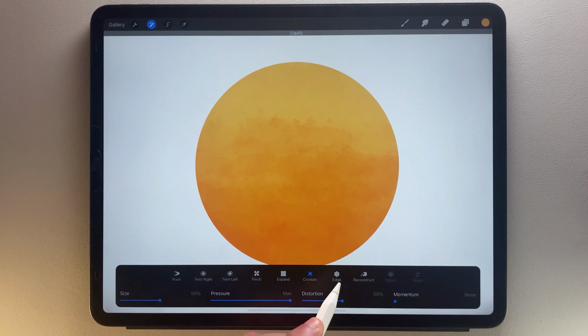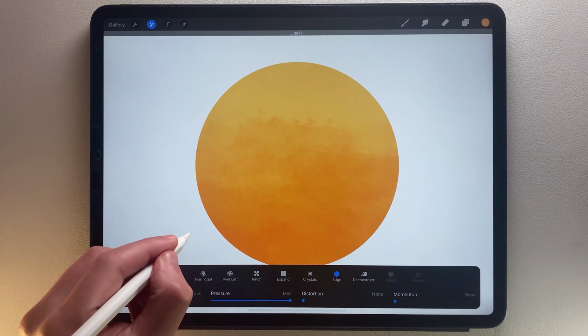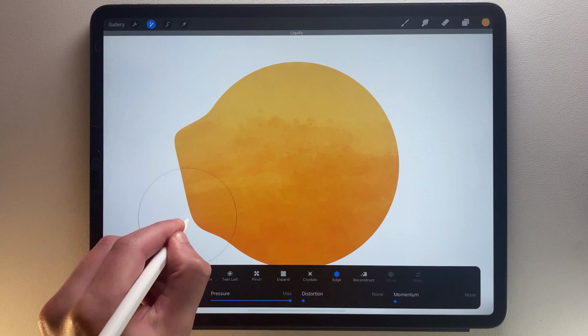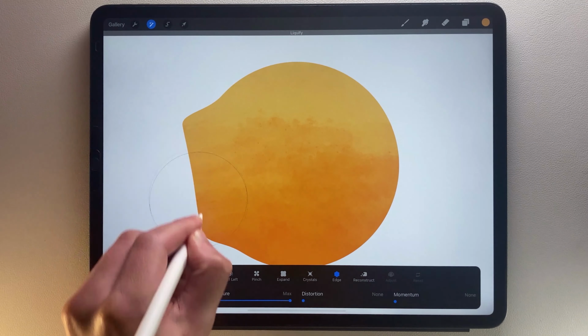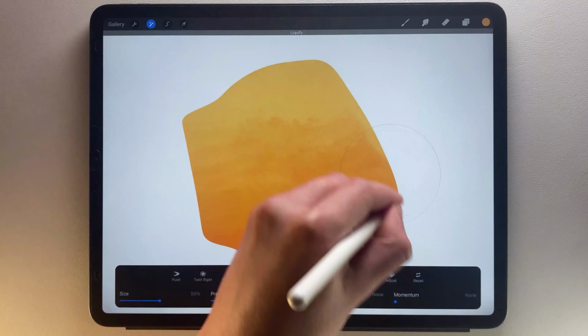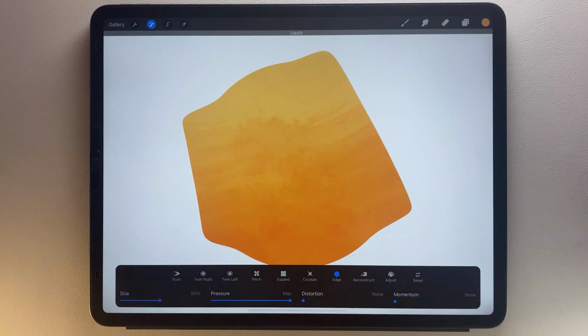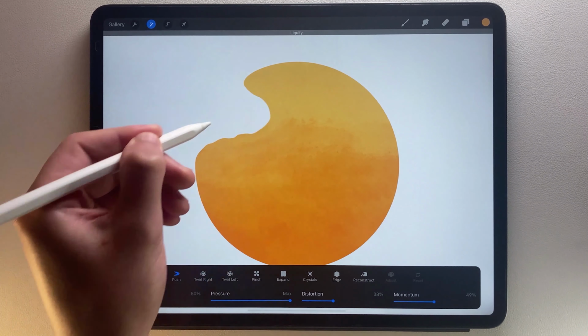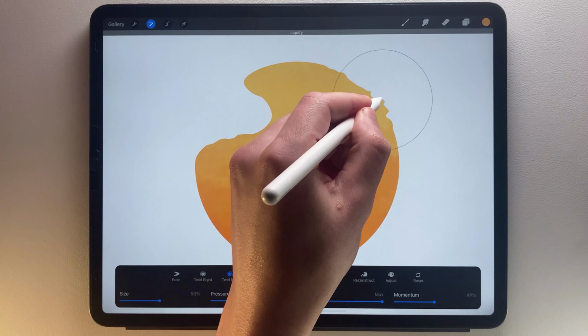Edge looks like Pinch, but this time the pixels are not going towards the center of your brush, but the line you make. As you can see, when you play with Liquify, you can quickly twist your creation a lot.